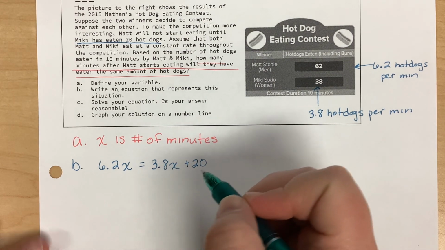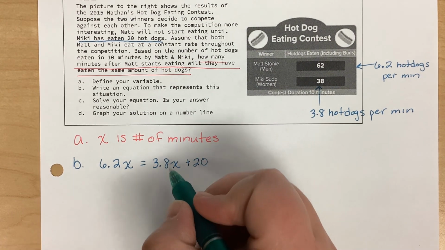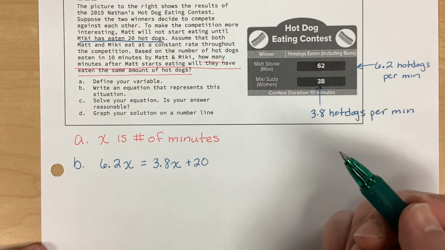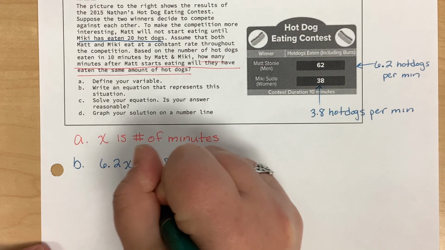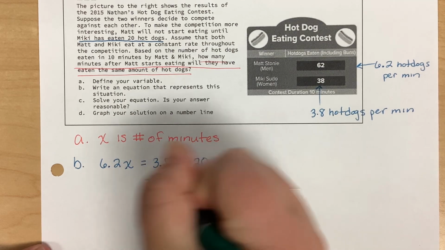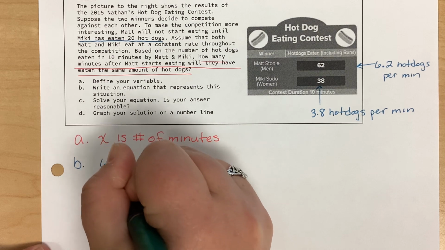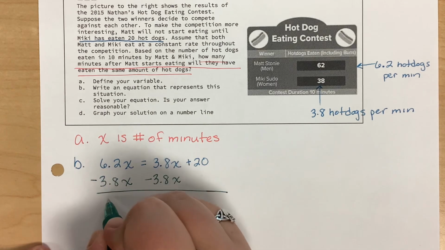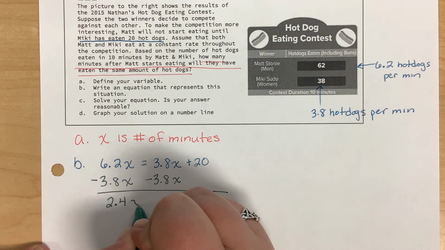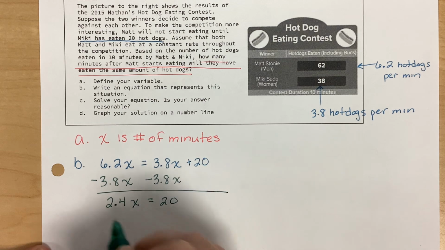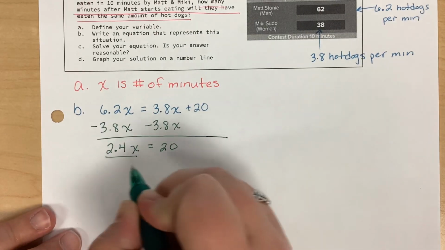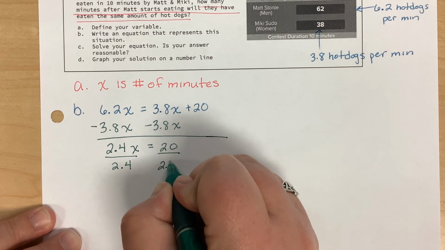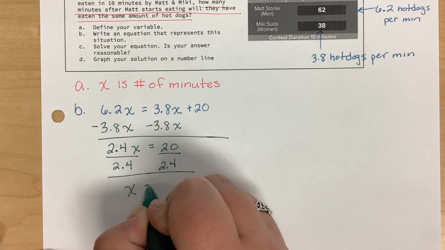So again, I want to get the variables on the same side, which means I want to get them together. Let's go on the left because that's the only thing that's on the left side of the equal sign is a variable term. So I'm going to subtract 3.8x over to the left. So now I have 6.2 minus 3.8, which is 2.4x equals 20. And then to finish off the equation, I'm going to divide both sides by 2.4. So I get x equals